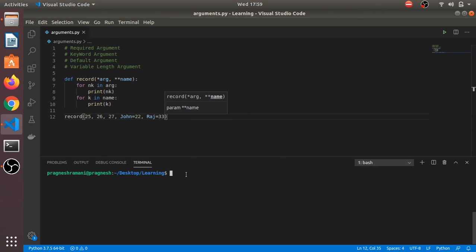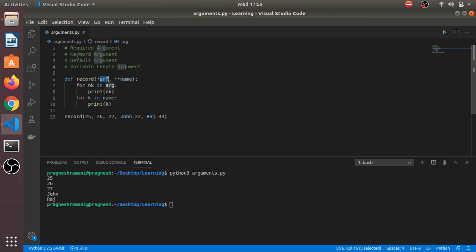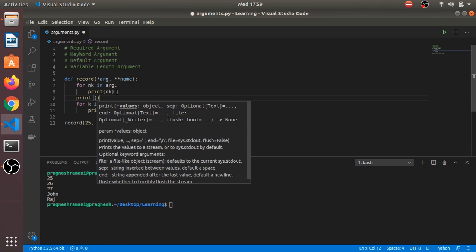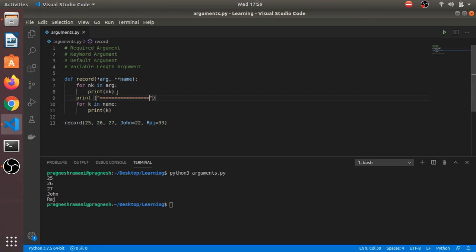Okay, let's run this program. So whatever non-keyword arguments are available are printed in this print nk. Let's separate this out so you can get a better idea.